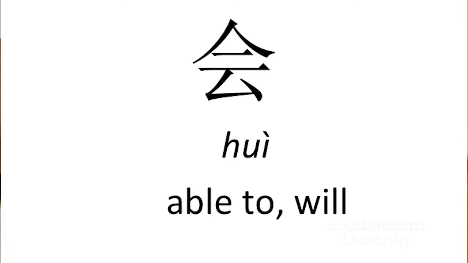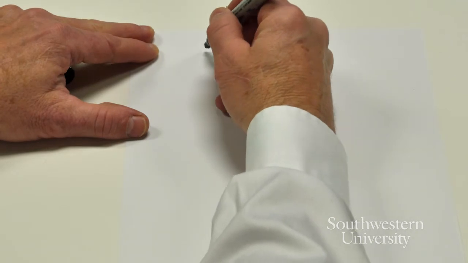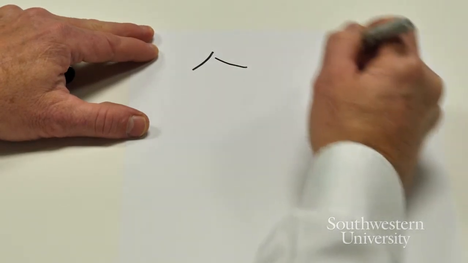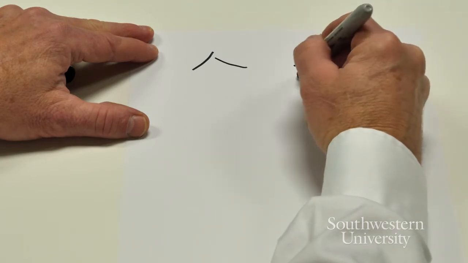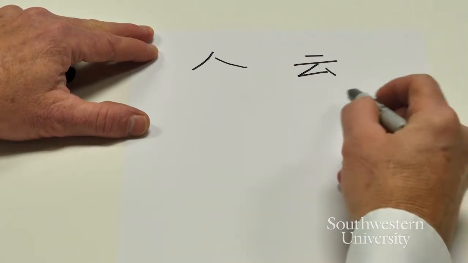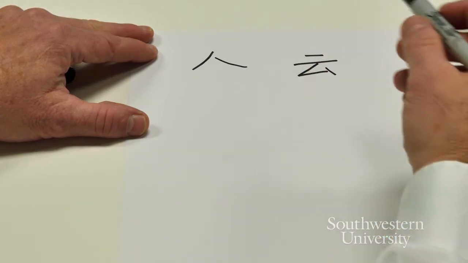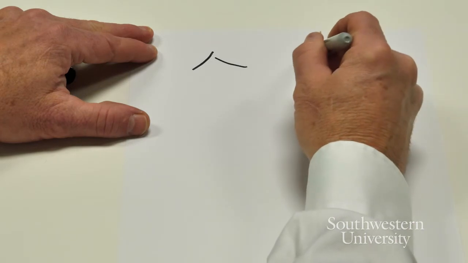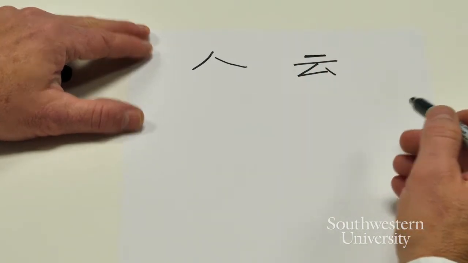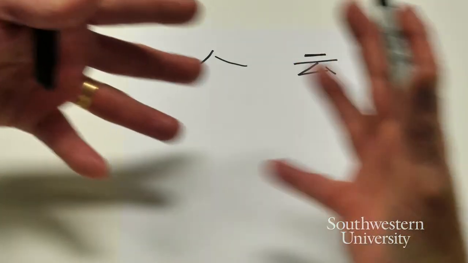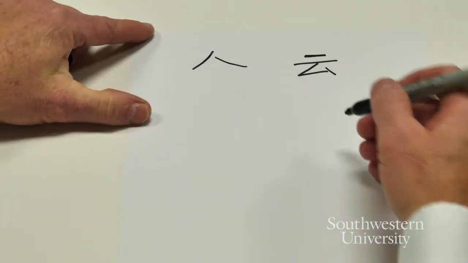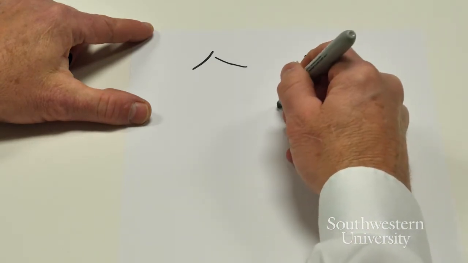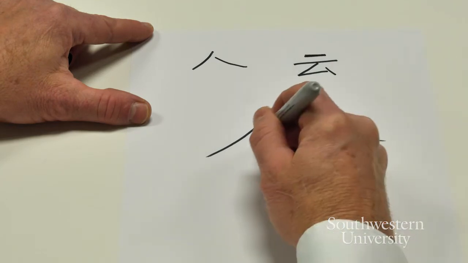The next character is hui. Hui means able to do something, 你会说语言, to be able to speak a language. It also means to meet, to gather. So you can think of it as 人, person, over a cloud. So you can see the bottom part is like curling swirls of cloud with the heavens represented over the top of it. So like people coming together like clouds, and an ability to do something. That's hui. So as you write it as a character, pie, na, hung,